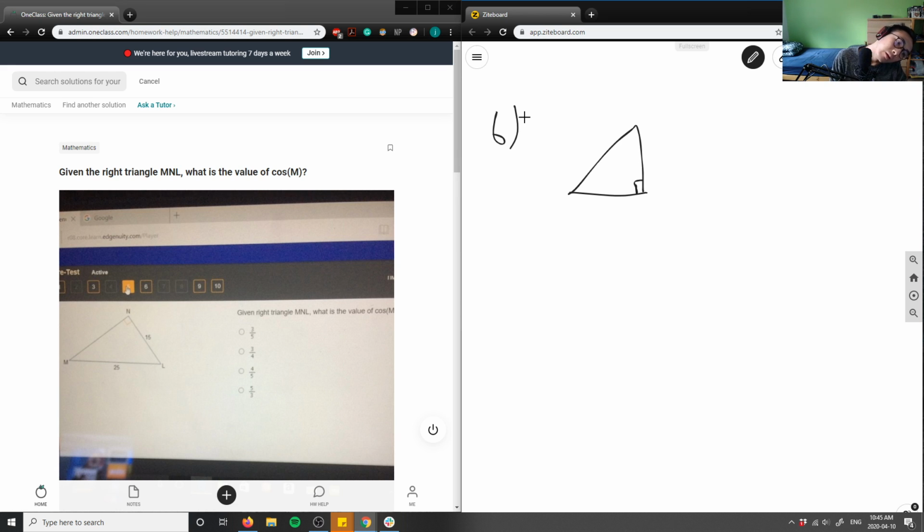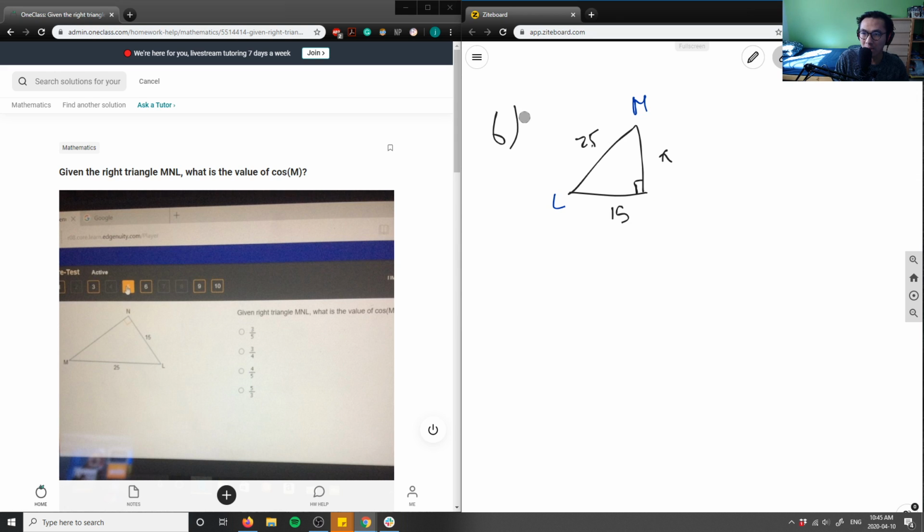This is my right angle here. This side is 15. This was from N to L, right? I'm trying to look at it a different way. I'm not given this as X. And then I'm finding, where's M here? N is, so I'm going to write this in blue, N is here. The top is M. And this is L, right? Okay, sweet.